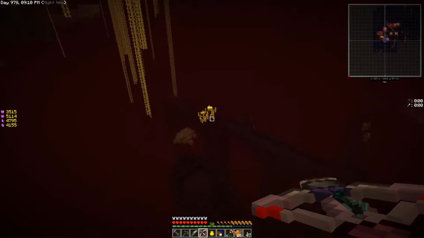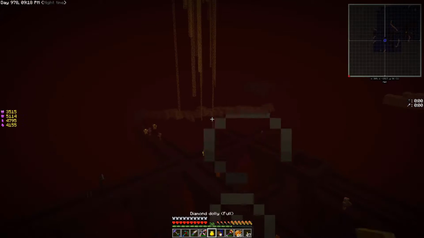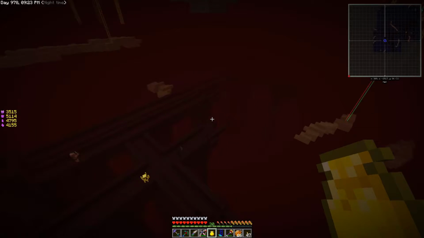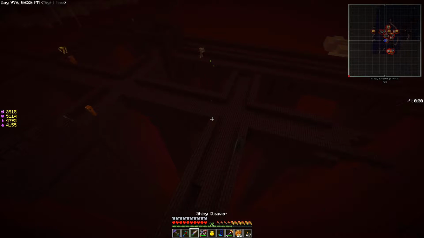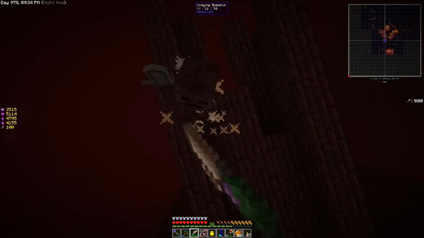Okay, so I picked up that spawner. You see that? So we've got a spawner on there. Take a look at that. Blaze, okay. And so what we're going to do is put that away in here. Okay, and then I saw another blaze spawner over there. So what I'm going to do is see if I can...